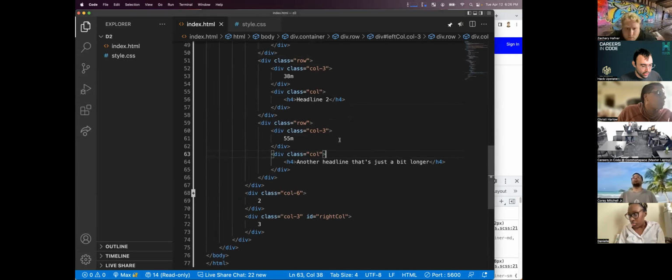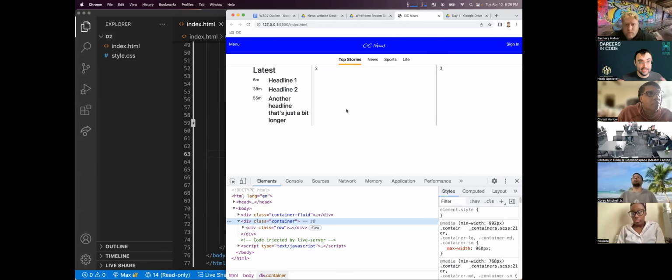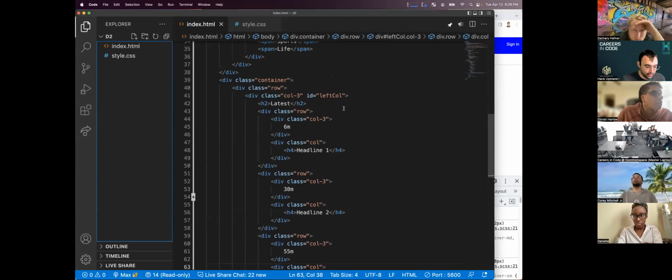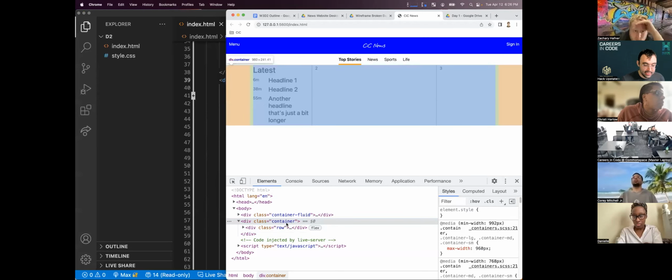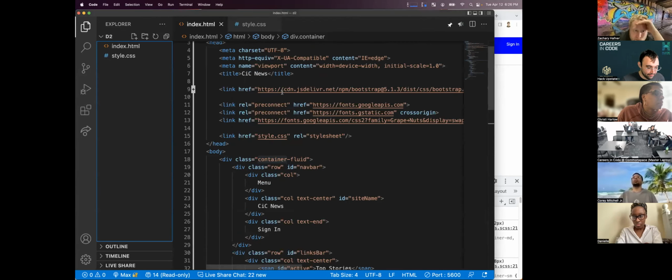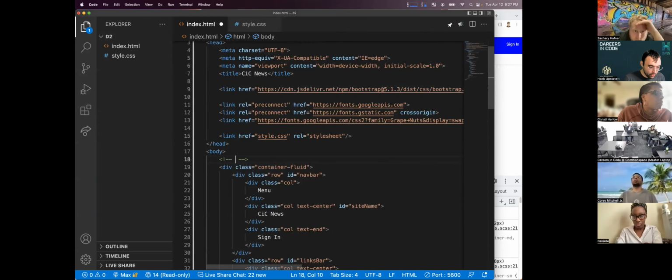Okay, so what I've got going on here, because we got a lot of levels of indentation, right? And it's easy to look at this and say, this is showing up where I want it to show up, but it's easy to get lost in all of them, right? So what I'm gonna do is I'm gonna look here. My container, I'm going to leave a couple notes in my code. So my container is containing those 3 columns, right? So I'm going to go up to my container fluid, and I'm going to add a note at the top of it. So I hit Command / that put in the comments, and I'm going to say top 2 nav